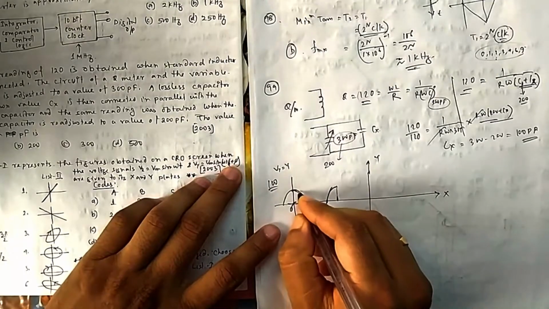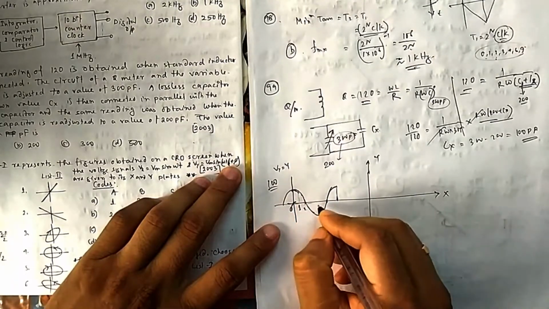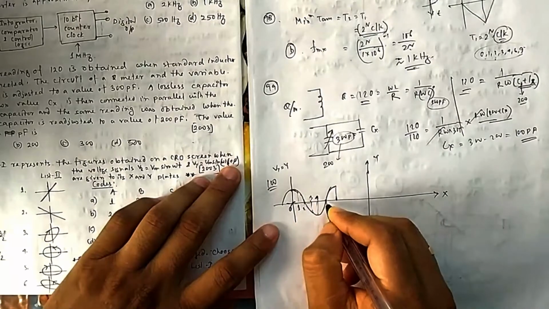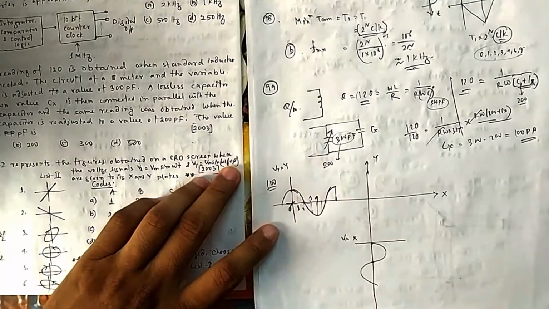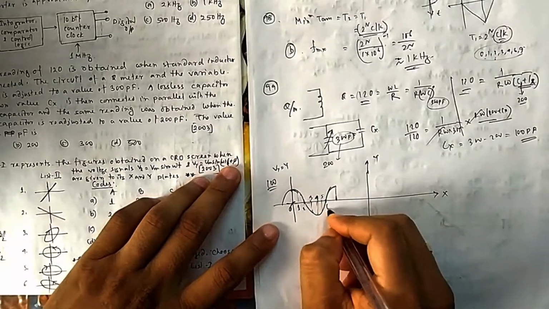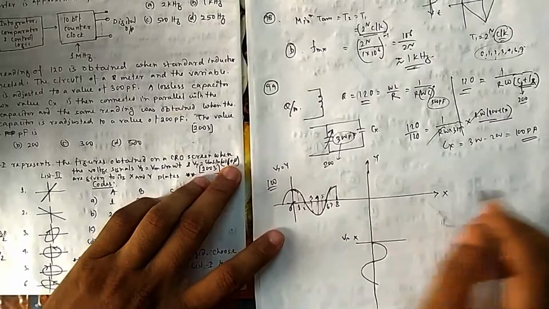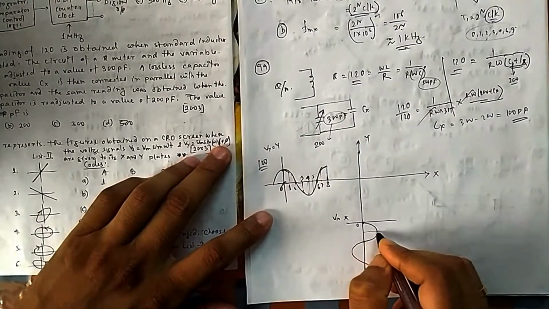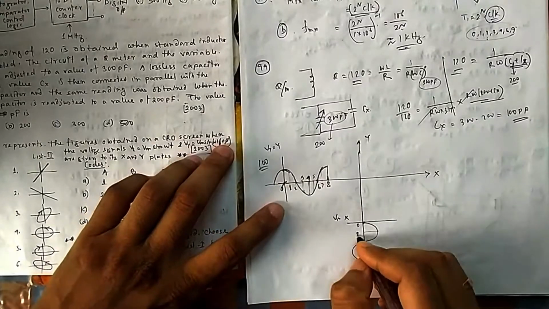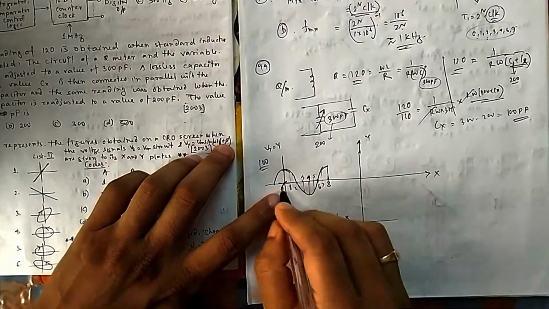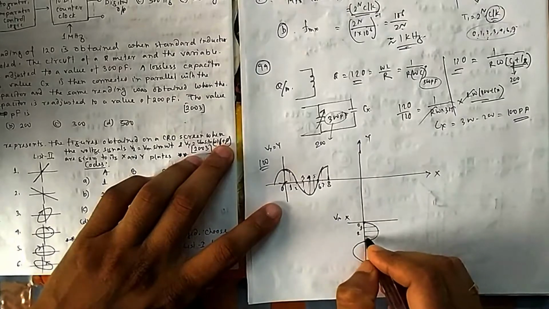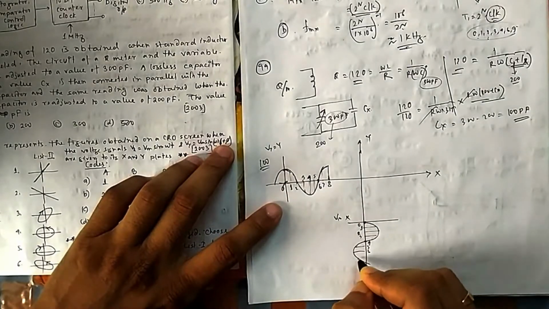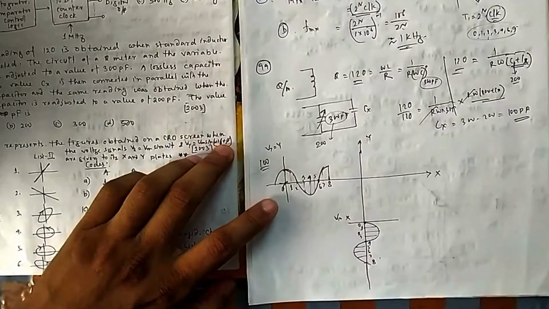Here it is 0, suppose this is 1, this is 2, this is 3, 4, then 5, 6, 7, 8. Suppose I have marked 8 places. Similarly here mark, this is 0, this is your 90, which is always 2. This is 1, because I have taken 45. So you can see, it is 3, it is 4, then it is 5, 6, 7, and then 8. So you draw one by one.